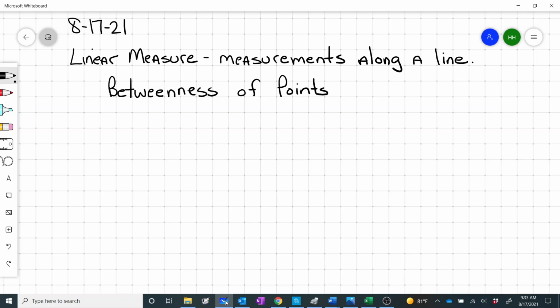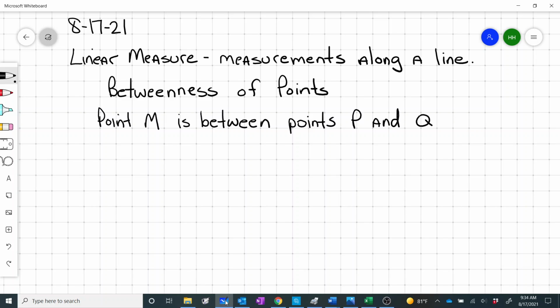Point M is between points P and Q if and only if